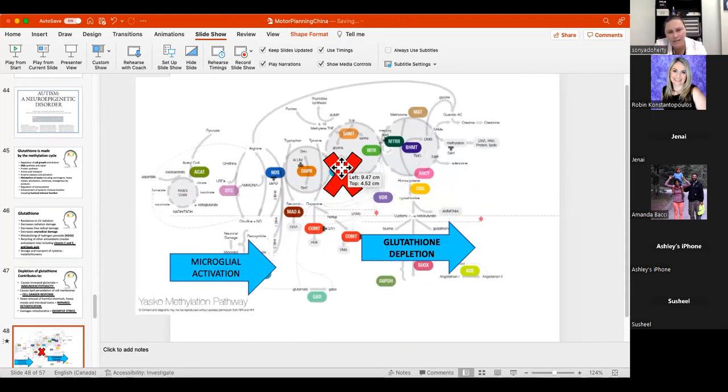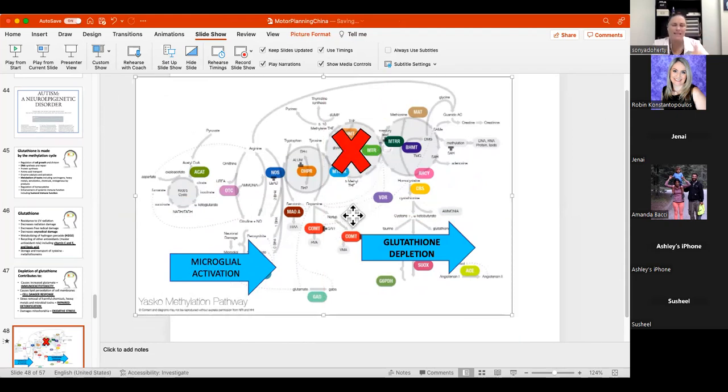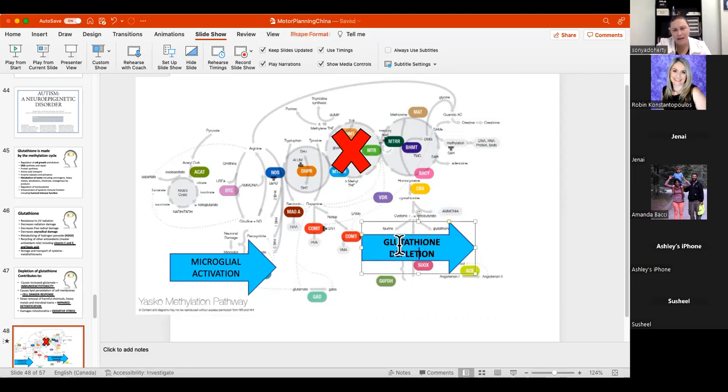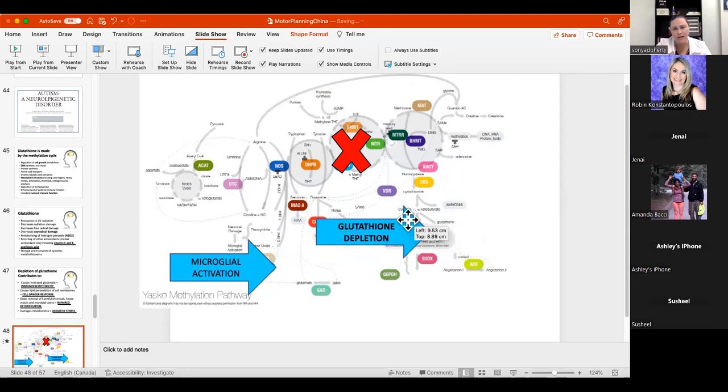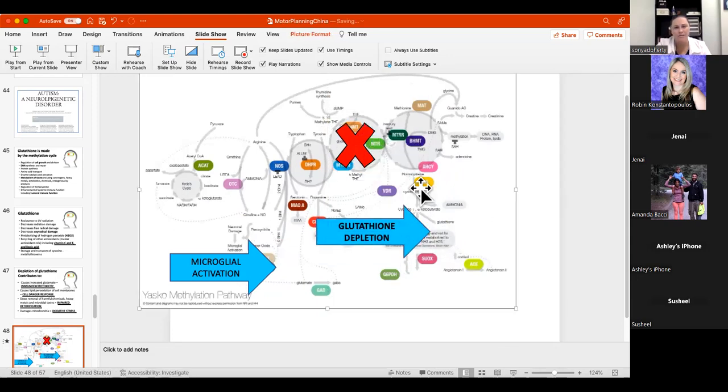If you look at this X I'm putting onto the folate cycle, if your child is eating synthetic folic acid, that pink wheel, that folate cycle is not moving very well. This cycle, which is the B12 cycle, is not going to move well. And then you're going to end up with glutathione deficiency. So you have to actually repair that, right? Take out the grains, add the B12, add B6 in here, start replenishing the glutathione, because otherwise you can't get the stress in the brain to calm down.